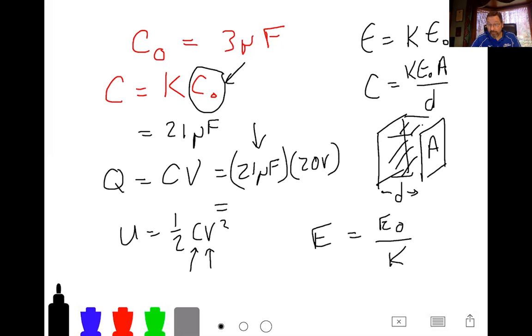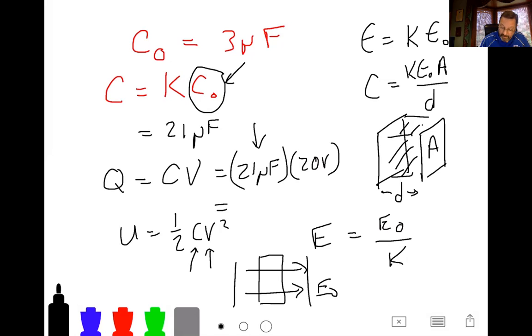Okay. And yeah, that was on one of the PowerPoints, and that is the point of putting a dielectric in. It actually reduces the electric field, and I can show you why that is in a kind of quick sketch. So let's say I had some electric field E0 between the plates, and no dielectric in between the plates of the capacitor. I put some sort of dielectric.